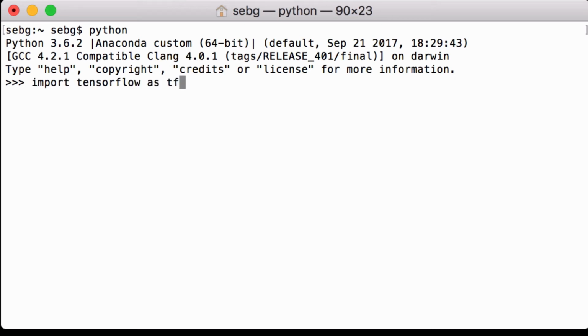First, we import TensorFlow as tf. Then we print out the TensorFlow version that we are using. We are using TensorFlow 1.0.1. In this video, we're going to create a TensorFlow constant tensor populated with a scalar value by using the TensorFlow